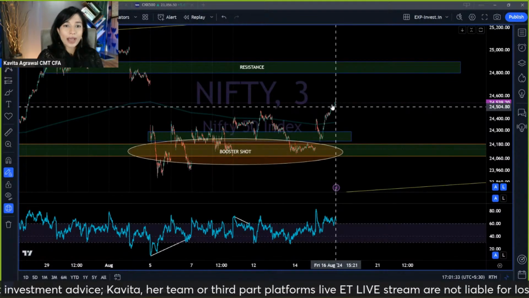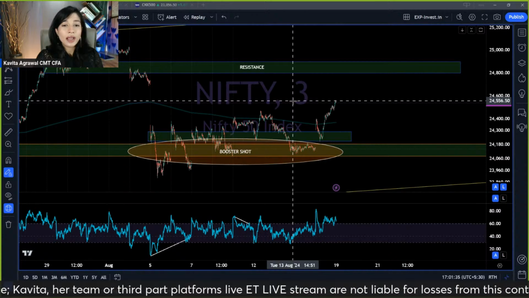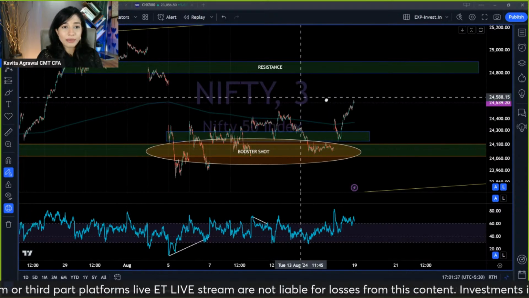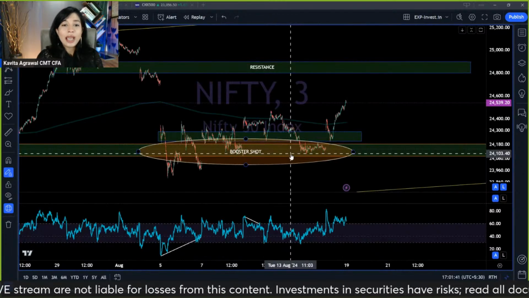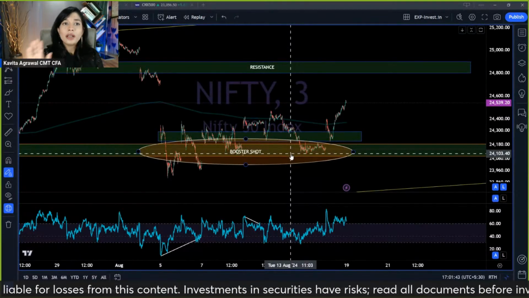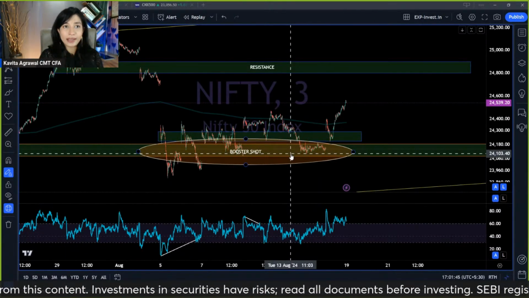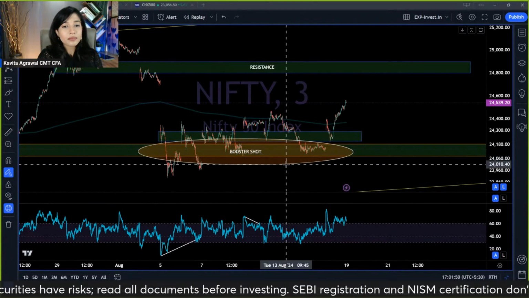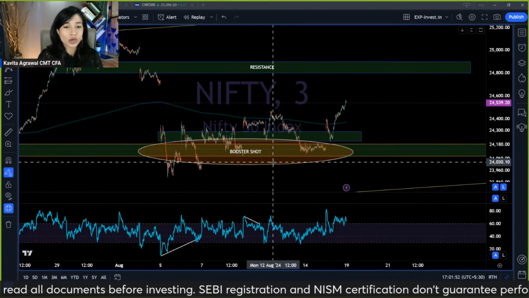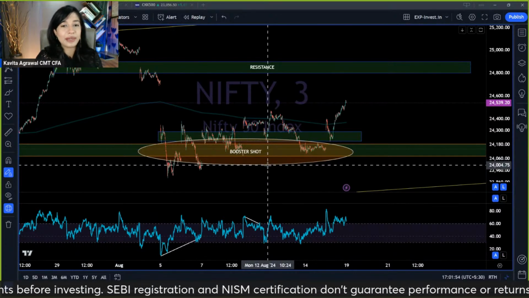All right. So as you can see, here's the chart, right? Now, on this 3 minute time frame, you can see that I have marked this level of around 24,000 and I've mentioned something called the booster shot. Now, if you are in my Telegram channel, you already know what this is because I've added my analyst comment for the day. So we'll discuss this booster shot angle when we go to the 75-minute time frame.